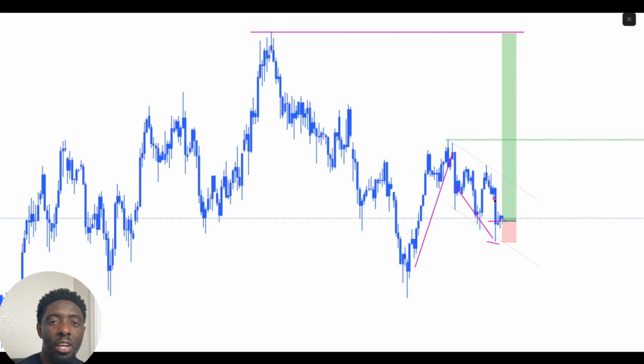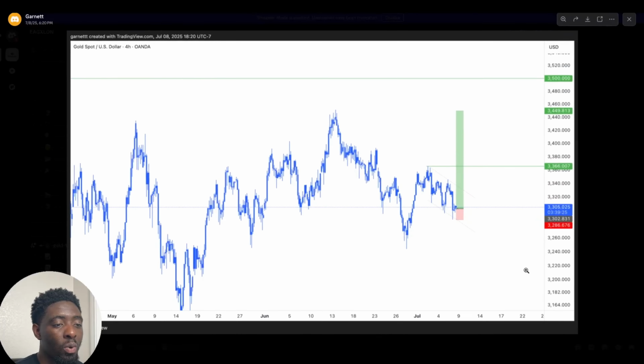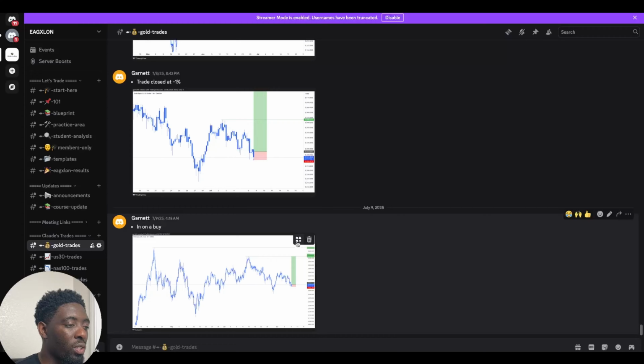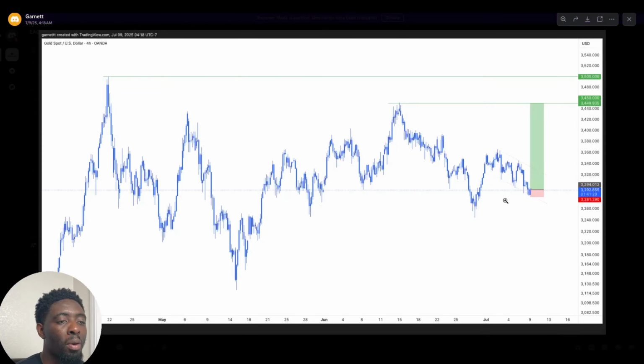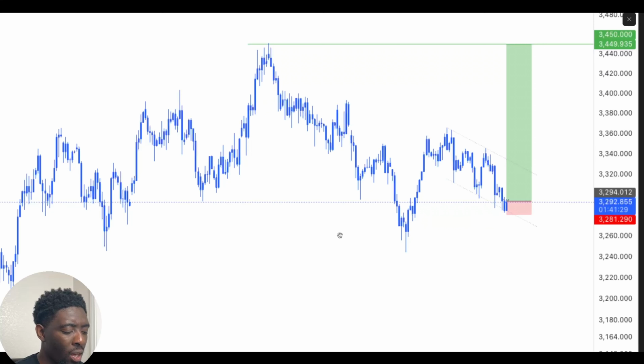So with the initial entry, or the initial trade idea, this was a -1 because price took me out, still respecting this area. So I had a -1 right there. If you look at it, I got stopped out -1. I reanalyzed the pair and everything, and I got in again with the same setup. As an impulse was a correction, got stopped out here, got in here, stop loss at this